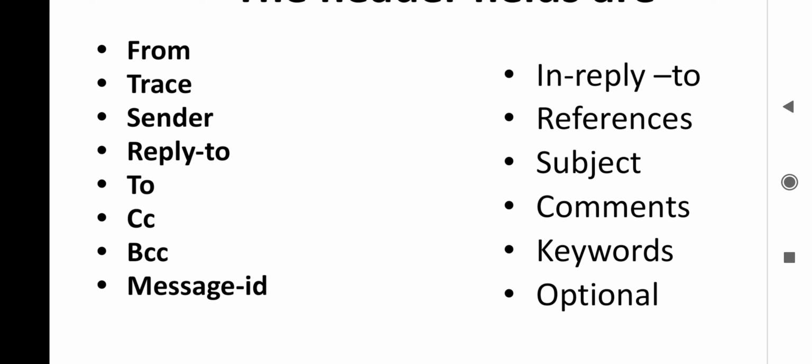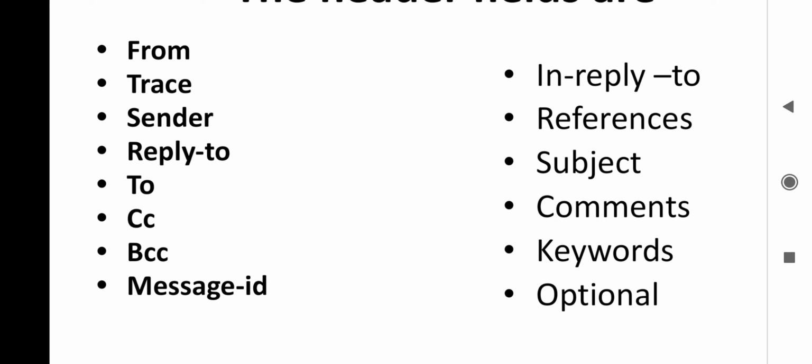See, when you are resending a message, at the time of resending it shows the resent date, from, then to, etc. This information. The next is Sender. This is also a header field, containing a single address from which mail is being sent. Okay, means the sender. Reply-To contains an optional reply-to address.